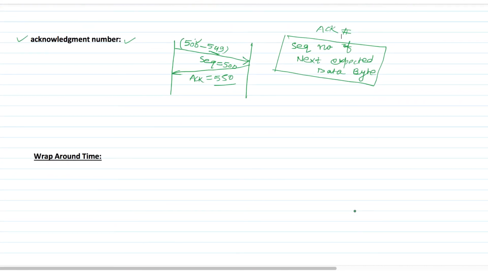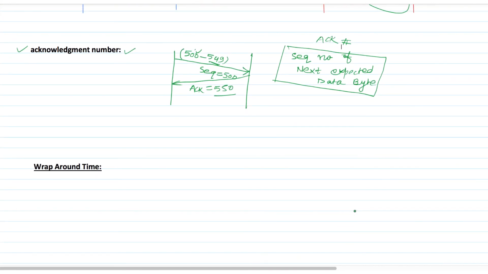The next concept is called wraparound time. As we know, we have 32 bits for the sequence number. In the header format you can check the same, we have 32 bits in the sequence number field. By using these 32 bits, we can assign 2 to the power 32 sequence numbers for bytes. 2 to the power 32 is equal to 4 giga.